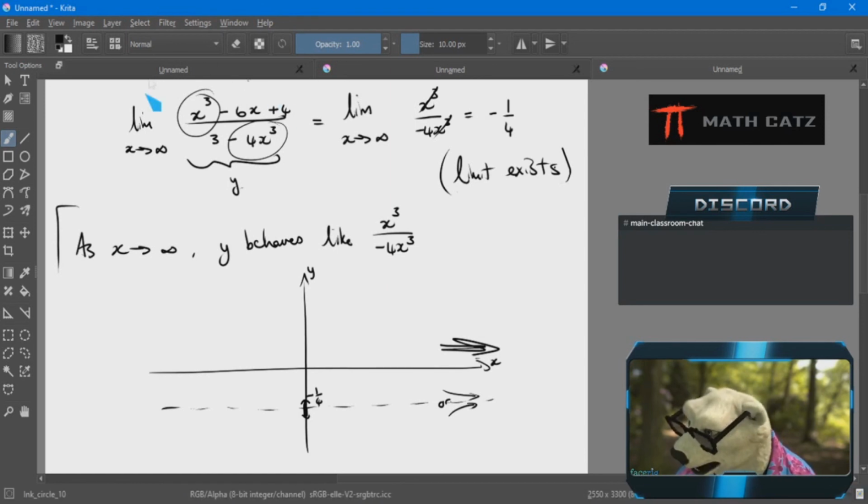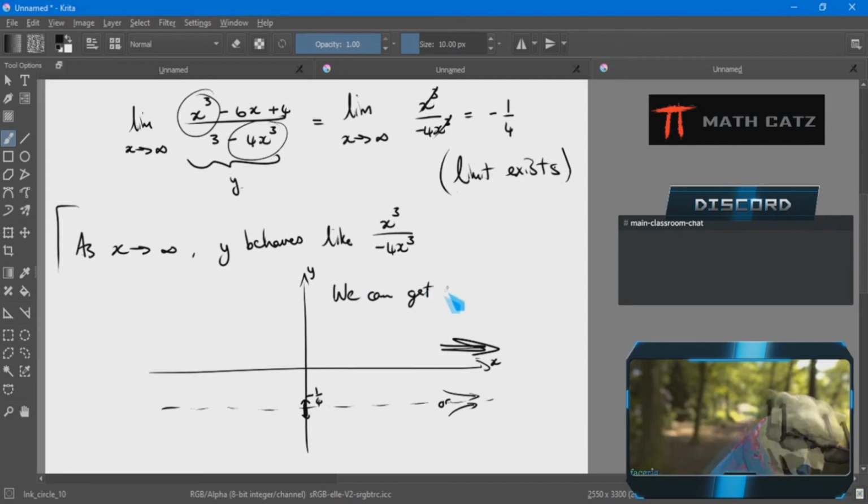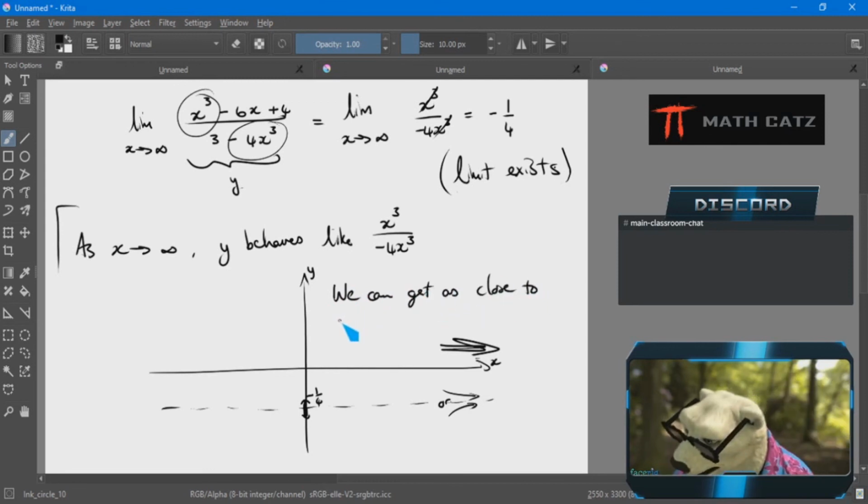By identifying it as a rational function in this case, we've been able to figure out, yes, it's going towards negative 1/4, stable. The further you go, the closer it's going to get. So I want to emphasize that. We can get y as close to negative 1/4 as we want